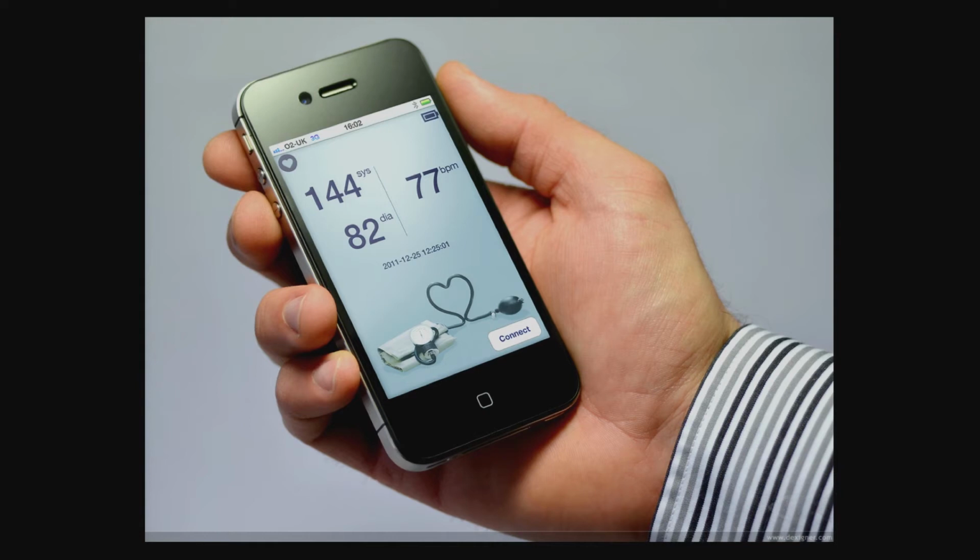Take a look at this app. Apps are data. I pulled this out just to show you that even though iOS has a nice interface, what really matters in this app is the data. In this particular case, it's a blood pressure monitor with a heart rate feature. But the point is data is the main thing. It's why people want to use your app. It's really important, and I'm sure you guys know this. You've probably dealt with a lot of bigger systems.